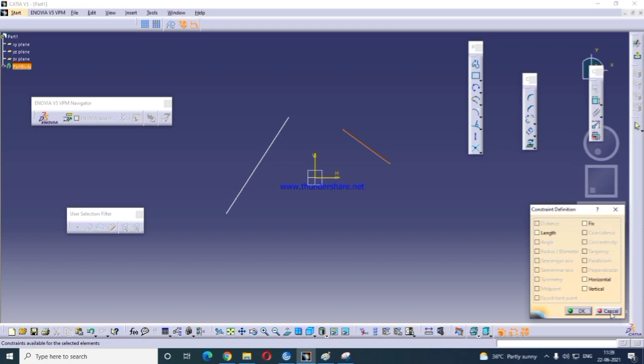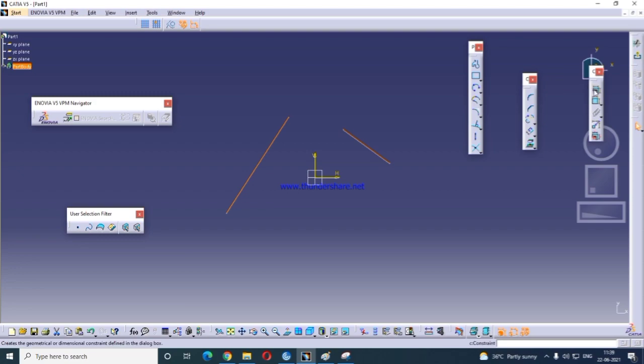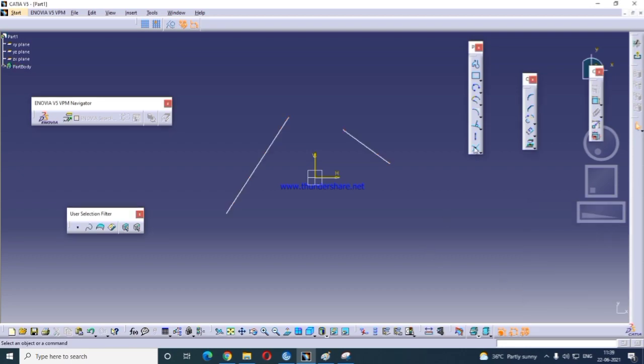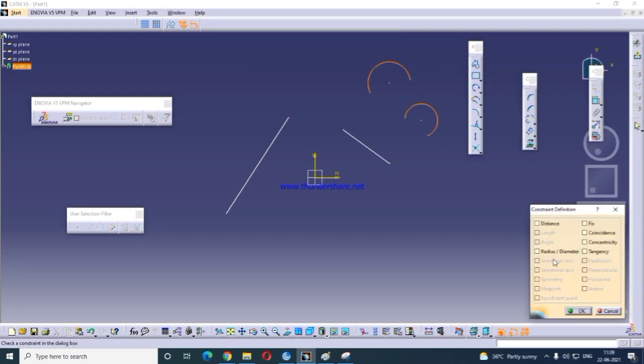If you want a particular angle, you give it. If you give like this, by clicking this, you mention radius and diameter here. Okay.